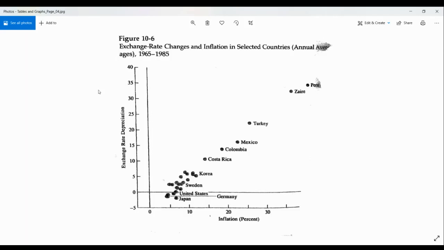Does this look like a 45-degree line over 20 years, inflation versus exchange rate depreciation? Kinda. But in my mind, down here, it doesn't really work. This looks to me more like a blob than a 45-degree line. So we're seeing that this seems to work if we're looking at extreme cases, or if we're looking over long periods of time. So last, I want to show you a case that's not extreme,